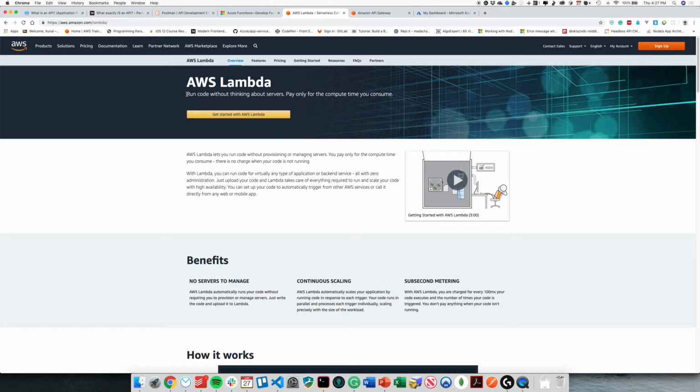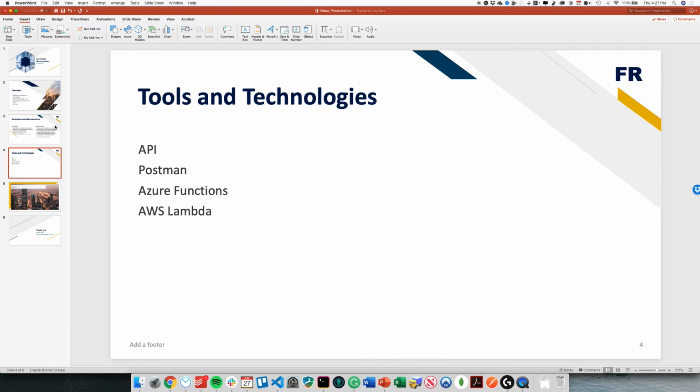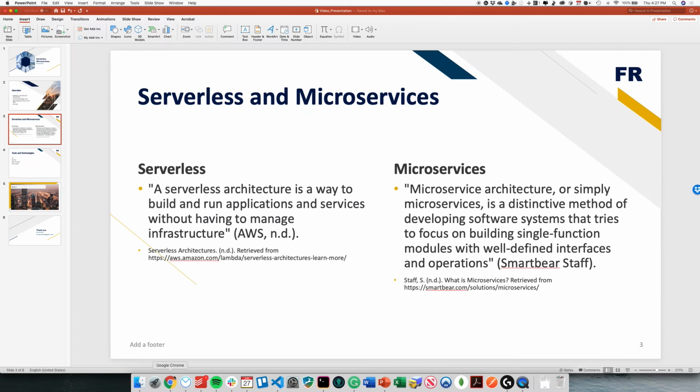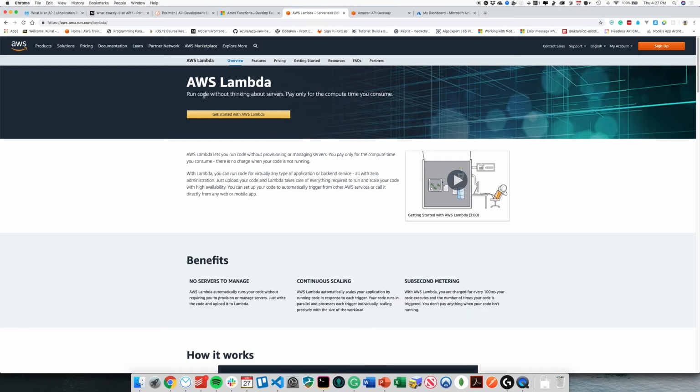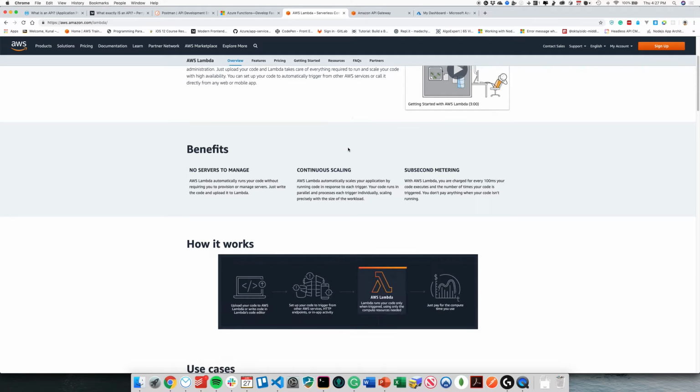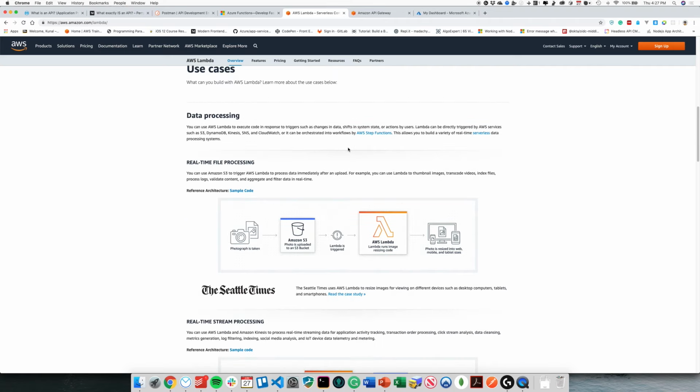The same way we talked about our definition of serverless, that you don't have to manage your infrastructure, Lambda is about working without thinking about servers. Sometimes when you're trying to build a prototype or an application, it can be a hassle to work around so many things and manage a server, which might not be your expertise. So Lambda will integrate with other applications, but for our use, we're going to try to just deploy an API